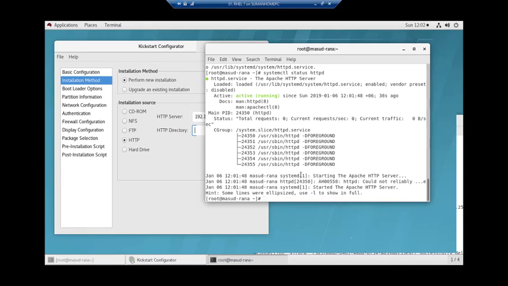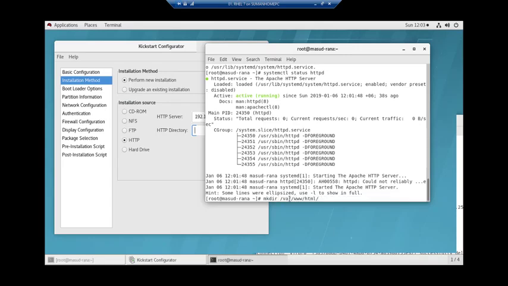So let me make one directory. The directory I have to make is in /var/www/html/, it is the path which is available.